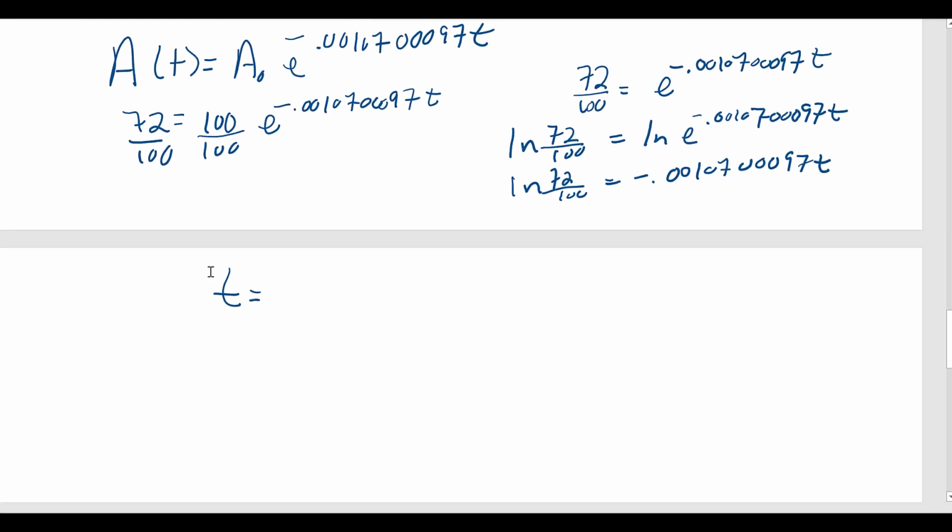Going on to this next page. So t would be the natural log of 72 over 100, and that whole expression is divided by negative 0.00107 00097. So I put this in the calculator. I'm going to type in my natural log of 72 divided by 100, close parentheses, then divided by, and I could just push my up arrow. You can't see what I'm doing, I'm just describing it, until I get to the other value, hit enter, and the time would be approximately